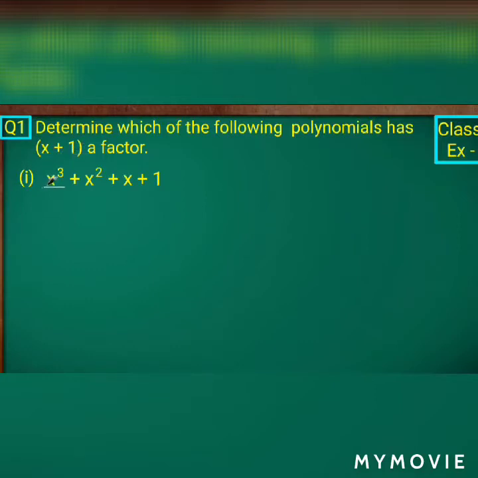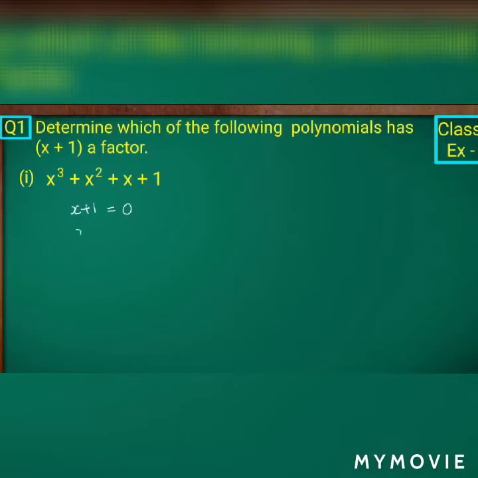So here we will be having different polynomials. I have just taken the first polynomial. We are having 4 different polynomials. But the thing is here we have to substitute the value of x so that we get the solution, what? Solution should be equal to 0. Then only I can say x plus 1 will be a factor of the particular polynomial.